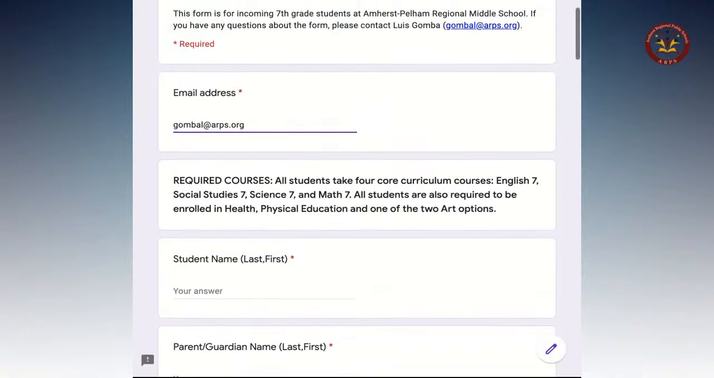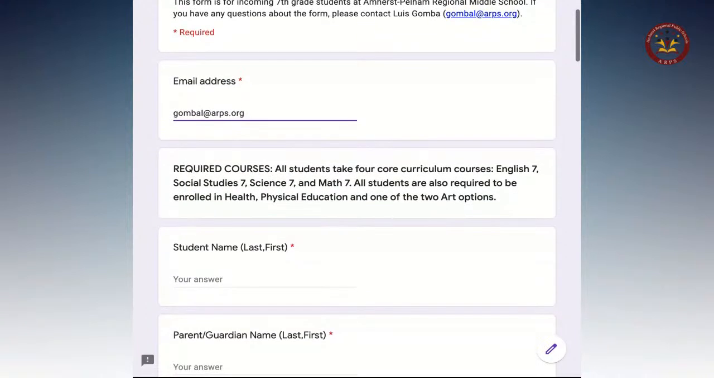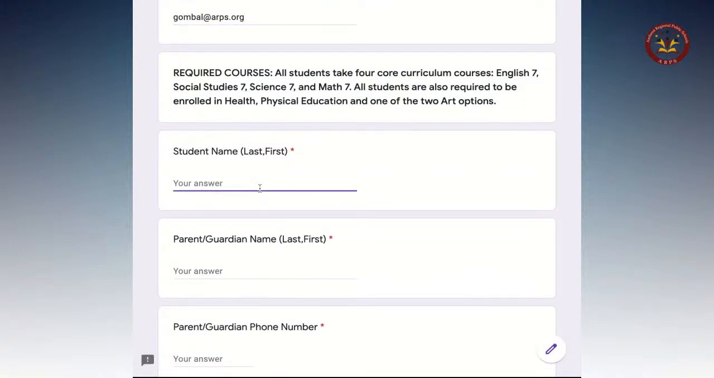Next up, we have this little disclaimer right at the top saying all students take 4 core curriculum classes, which is your English, social studies, science, and math. And also all students are required to be enrolled in health, physical education, and one of our 2 art options. This form mainly focuses on the elective options that we do offer at the middle school, which is what you'll see later on. Right. So we have the format for the student name as last name, comma first,